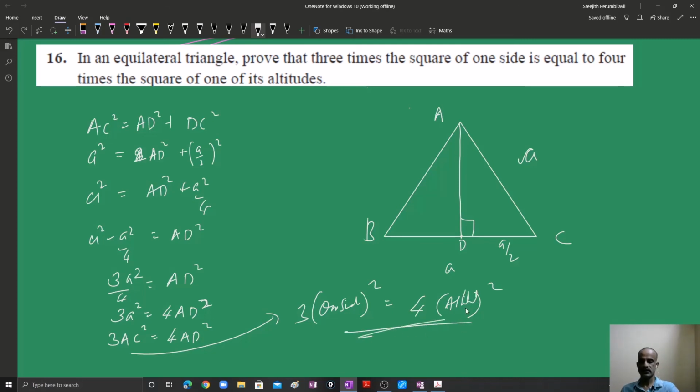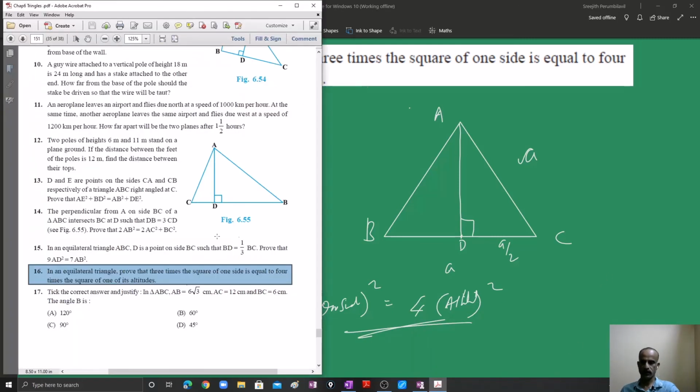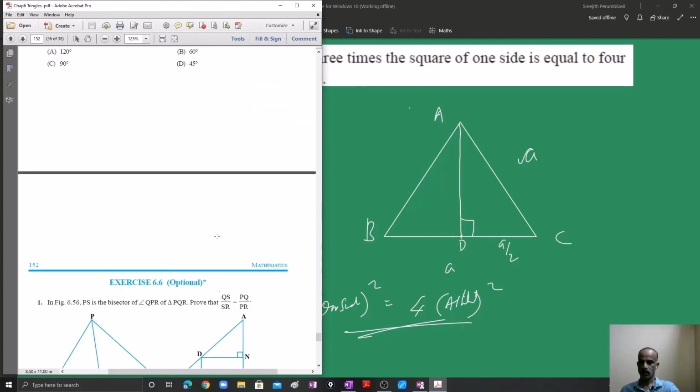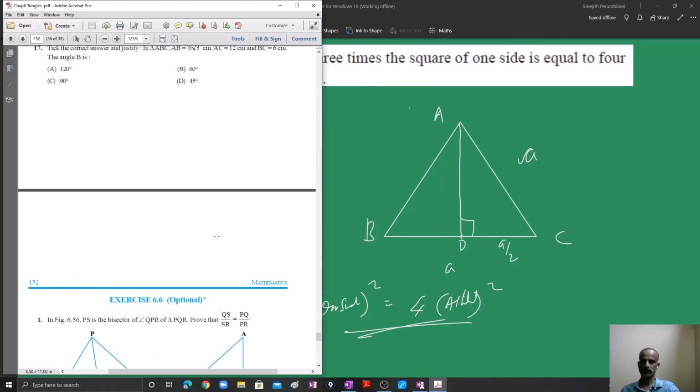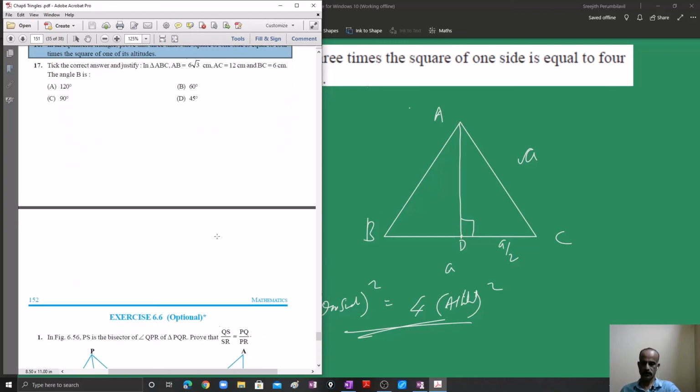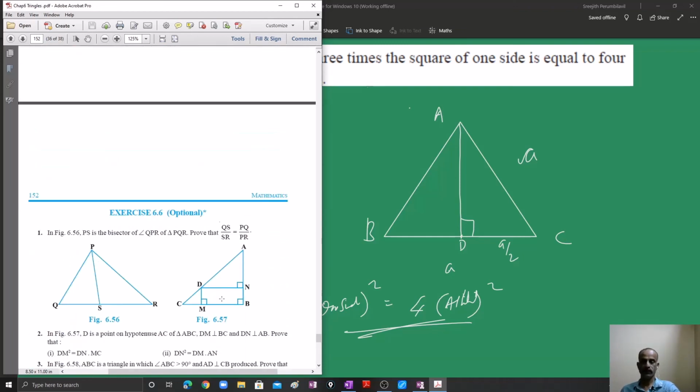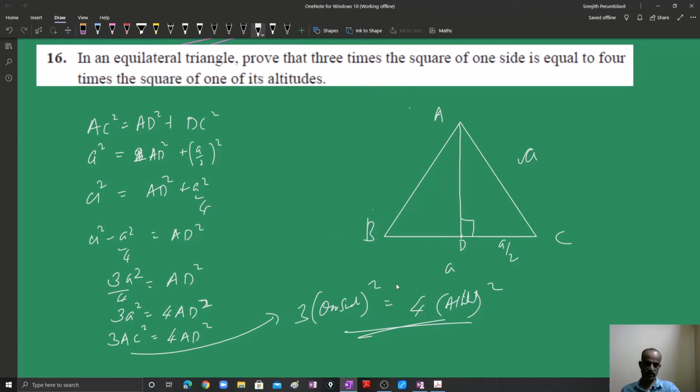So this is the last question from the reader. The remaining are optional questions. We will be doing a few of the important optional questions also. Optional questions are not from the board perspective, but we have to do them. We will be doing that in the continuation of this. The discussion will be based on a worksheet with additional questions. The worksheet consists of almost all the questions which we have discussed now. We won't be discussing those questions again. Apart from that, we will select a few questions from that and then we will do it. Okay.